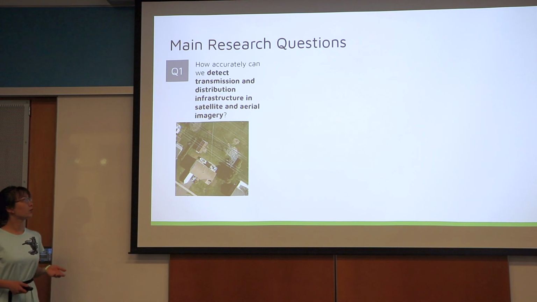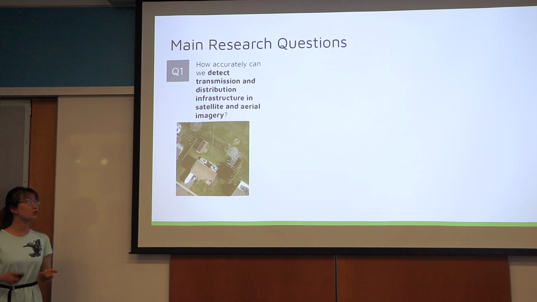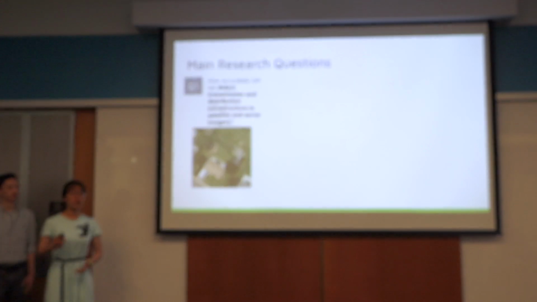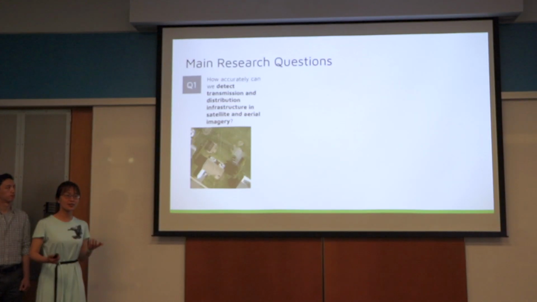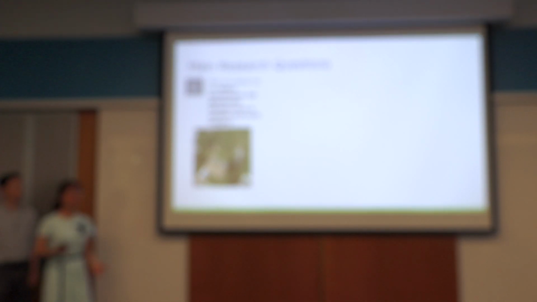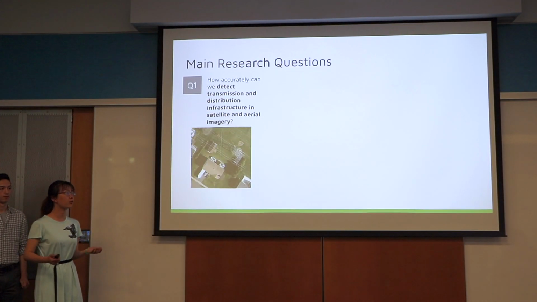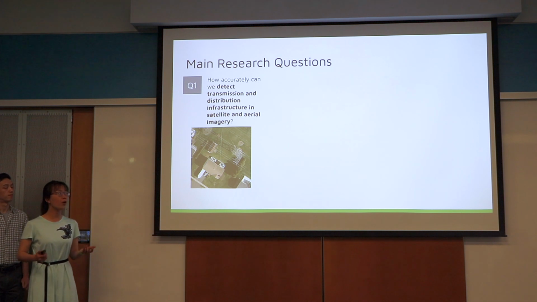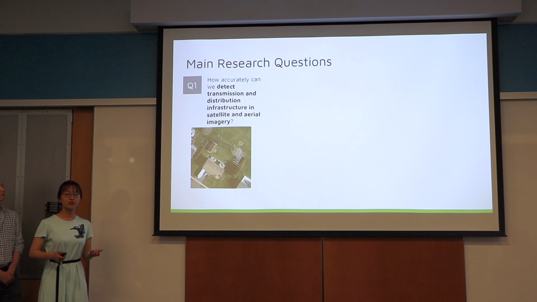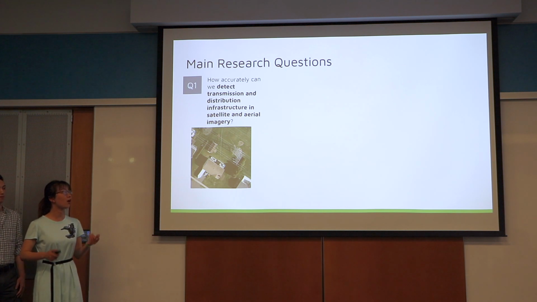As my colleagues Wendell and Varun have introduced what tools we are looking at and what our data set is, now it's time to zoom in a little bit more and see what the specific research questions we were investigating are. So first of all, we know deep learning works, and it works on data sets that contain common objects in daily life, such as cars, chairs, cats, and everything that you see in daily life. However, we are not 100% sure that it will work on our data set, and we have no idea how well it's going to work on our data set. Therefore, our first research question is to find what is the best model to work for our data set.